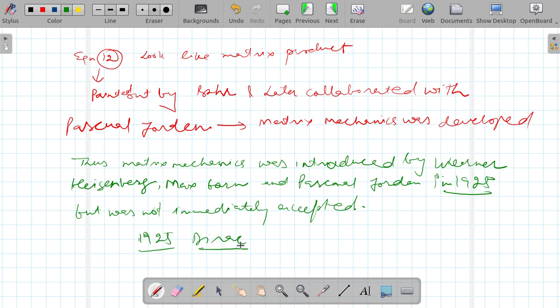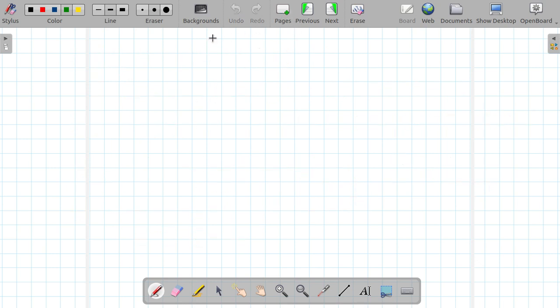When he saw the paper of Heisenberg, he realized that he was doing things in the same manner, but then he developed matrix mechanics in different notations and gave results for relativistic quantum mechanics, right? So I will talk about that later on, and let us discuss another very important result